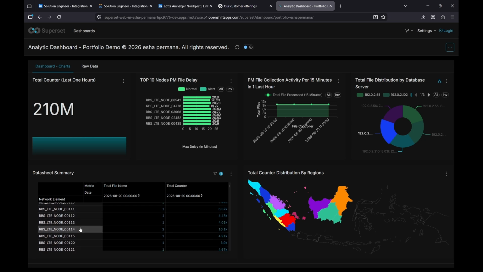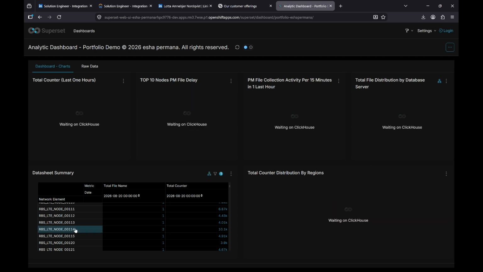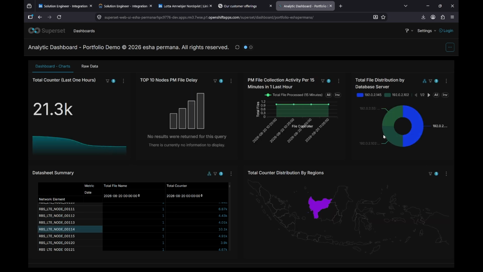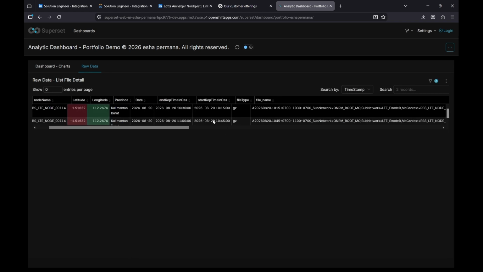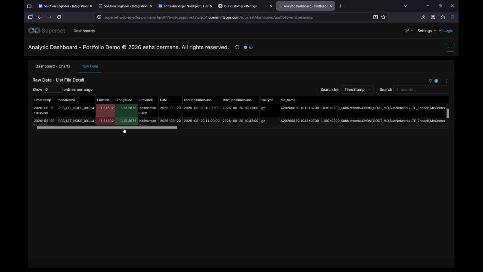So when you click on here, this will connect and try to check for the specific data from datasheet summary, and then we can click as well on raw data. So this is getting the specific data. Okay,